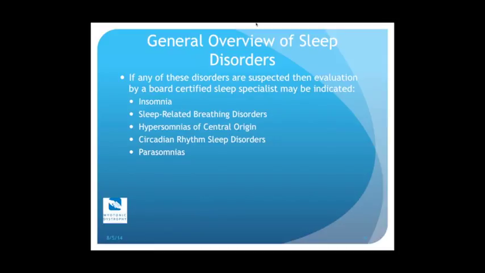Parasomnia is an interesting type of disorder. The word parasomnia basically means any kind of abnormal activity that's coming out of sleep. So acting out your dreams, sleepwalking, sleep terrors, those are examples of parasomnias. And then sleep-related movement disorders, which we'll touch upon, but examples might include kicking while you're asleep, a disorder known as periodic limb movements, and things of that nature. So that's just a general overview.